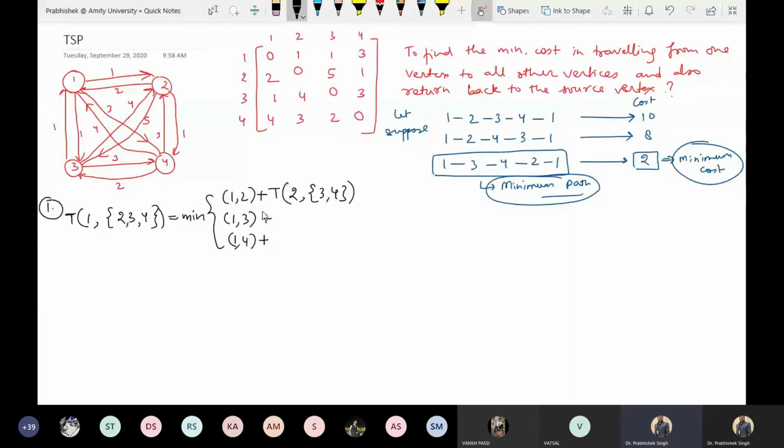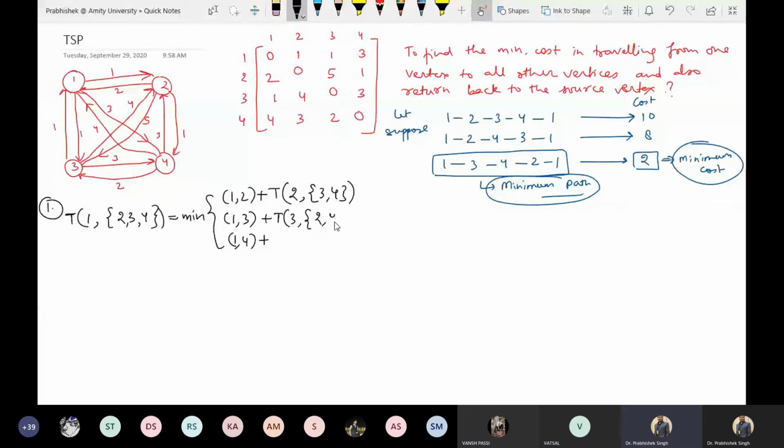I have not taken this path 1 to 2. Right now I was at 1, and now I will take the path 1 to 3. And since I have taken the path, what are our options now? Now we are standing at 3. So where can we go from 3? I can go from 3 to 2 or 3 to 4.